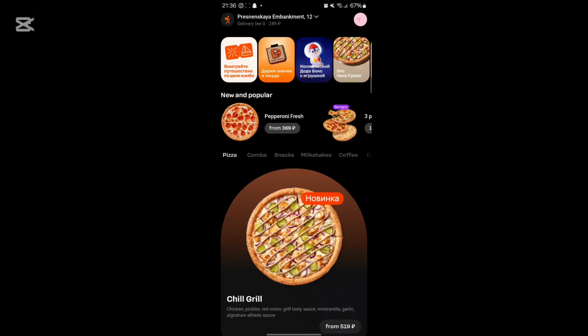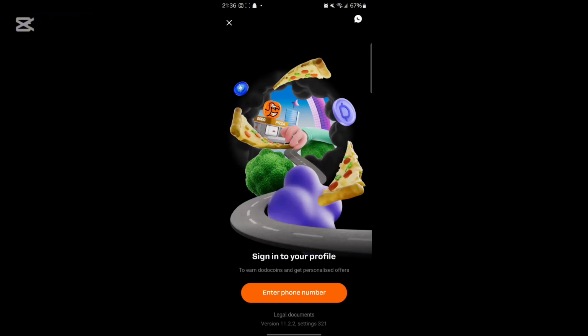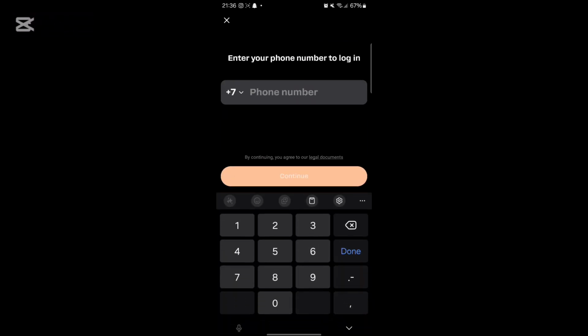And once you have done this, all you have to do is simply tap on the profile icon on the top right hand side of the corner. So after tapping on it, you need to now sign in to your profile by entering your phone number. So simply tap on enter your phone number and type in your phone number along with the country code. So once you have typed in the phone number as well, you can simply tap on the continue button,